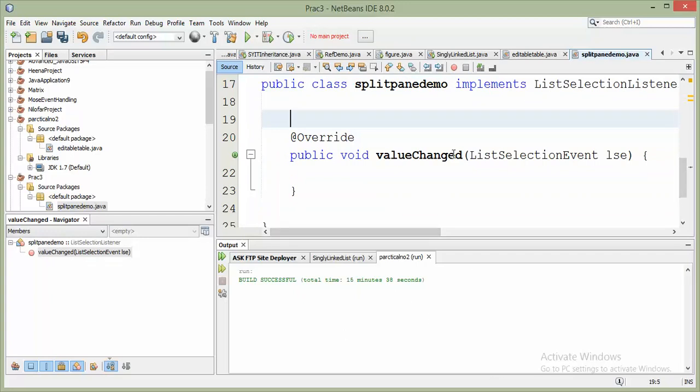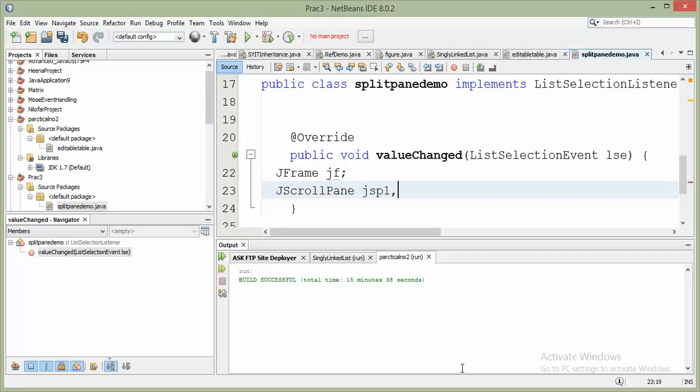What is our requirement? When we select Pluto, the appropriate image has to be displayed. That is the logic we have to implement. First we create a JFrame object, JF. We'll create scroll panes, JSP1, JSP2 and JSP3. If we require more, we'll be creating more. We'll also create a JList